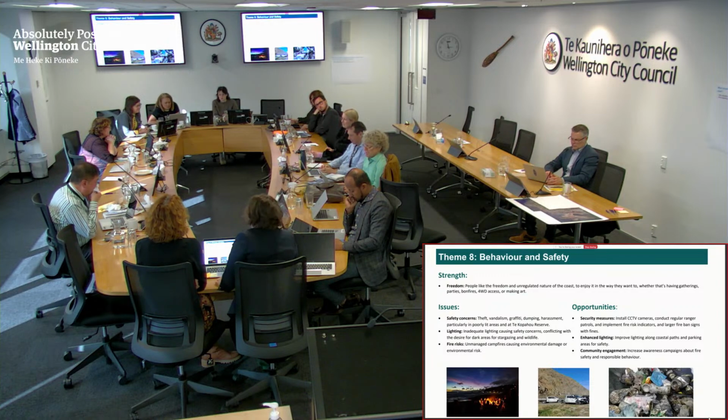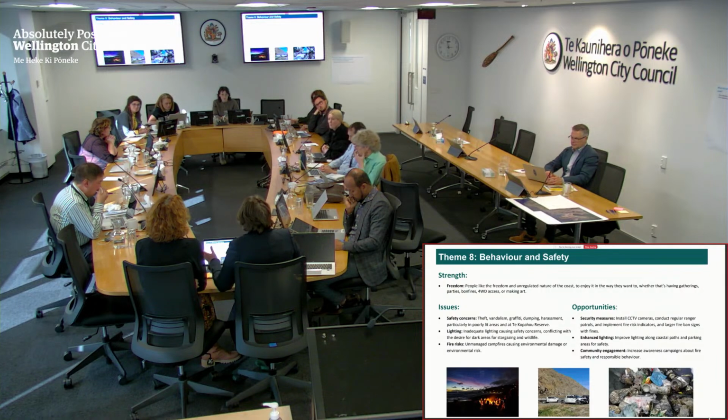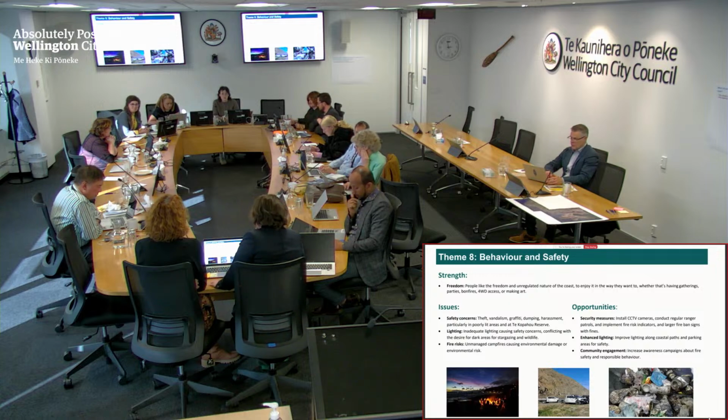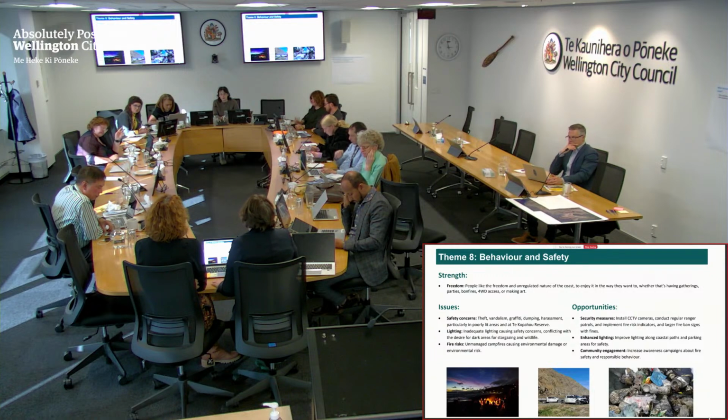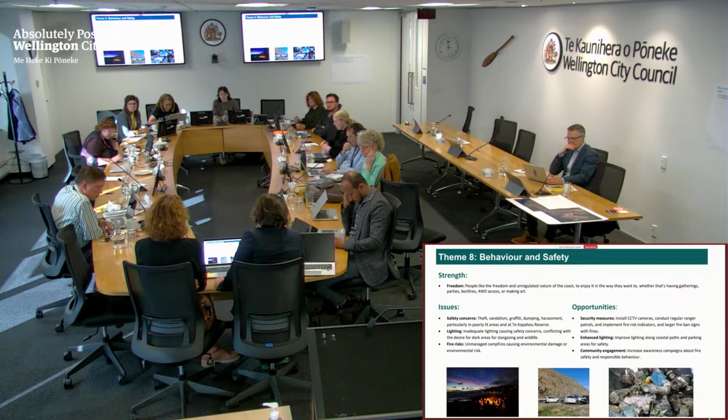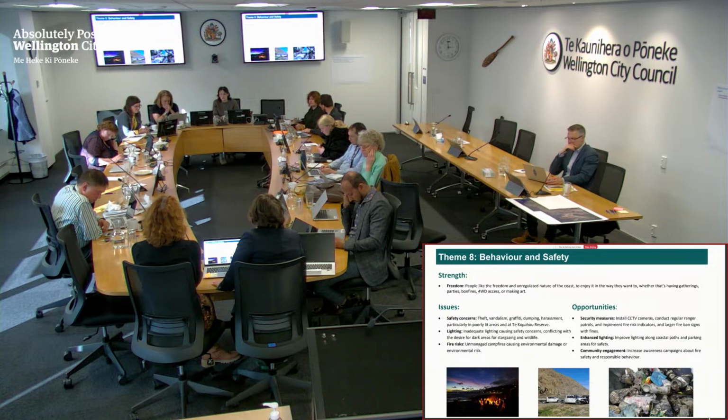And then another key theme was around behaviour and safety. People love the coast for its freedom and unregulated nature to just do what you want, whether it's having a party or bonfire or making art. But with that comes a lot of issues around safety, theft, vandalism, graffiti, specifically around the Te Kaupōhau Reserve and the bach owners there, the harassment, and people were concerned about the lack of lighting in some areas, but that conflicts with the desire for dark areas to support stargazing and wildlife. Fire risk was another key theme, especially at Te Kaupōhau. So people came up with opportunities around enhancing security measures and asking for more ranger presence, more enforcement, enhanced lighting, and